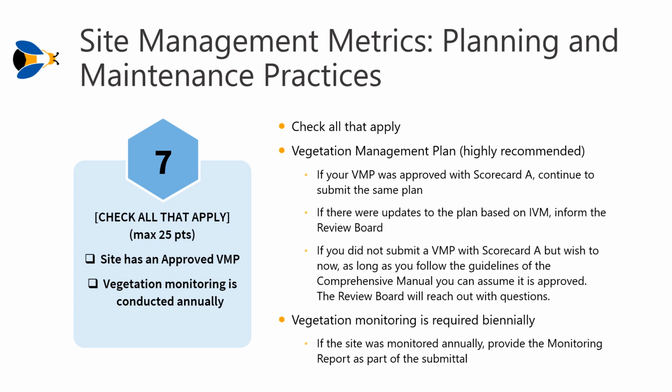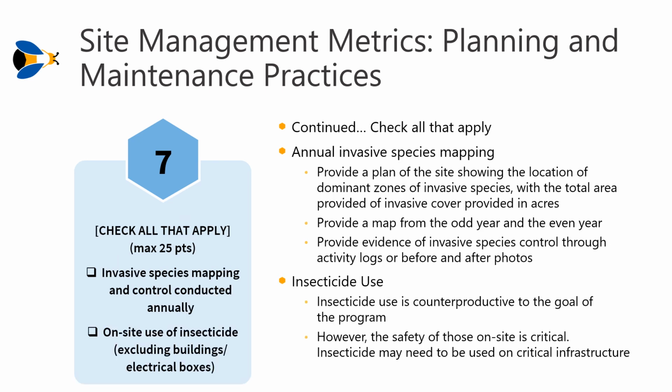Vegetation monitoring is required biennially. However, if the site was monitored annually, provide the monitoring report as part of the submittal. Other options for question 7 include invasive species mapping and control conducted annually, and on-site use of insecticide, excluding buildings and electrical boxes. If annual invasive species mapping was conducted, provide a plan of the site that shows the location